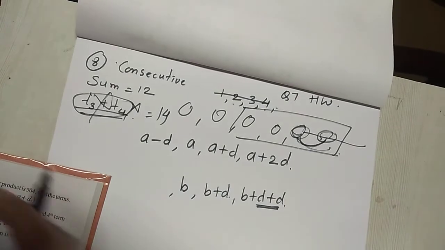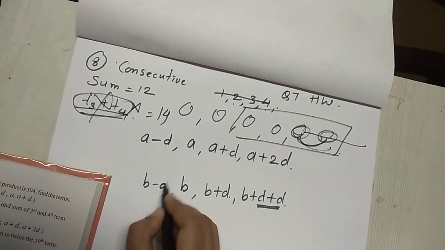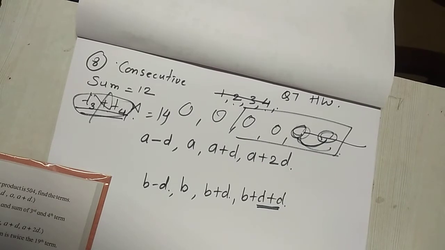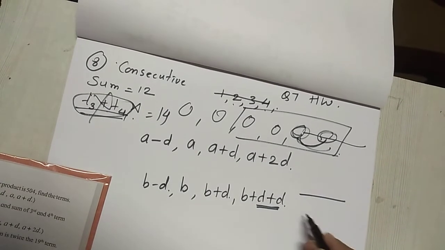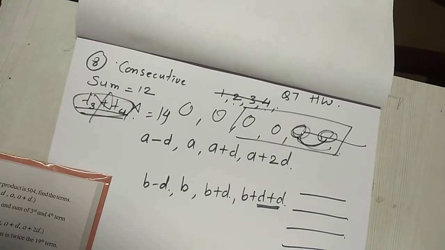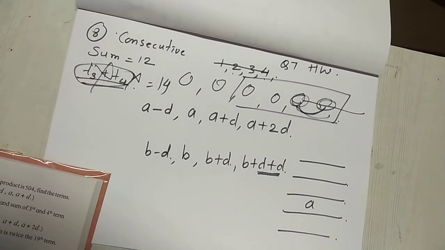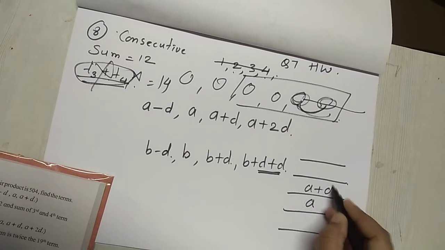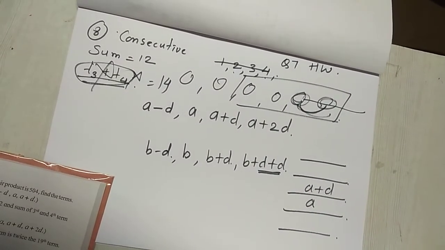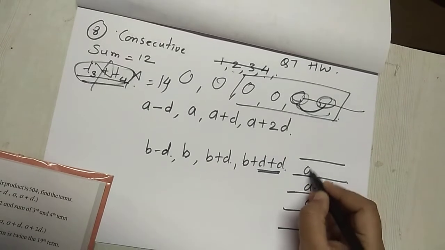Now if you are told to write the previous term, it will be b minus d. That is minus d. It's like climbing stairs, children. When you climb the next stair, the next stair, the next stair, if you are told to come back to the previous stair and so on, you need to do minus d. Just try to visualize it like this. Suppose these are stairs. The first term is here, a. If you are told to progress to a higher step, you will add d over here. Then if you are told to go one more step higher, you will add one more d over here.